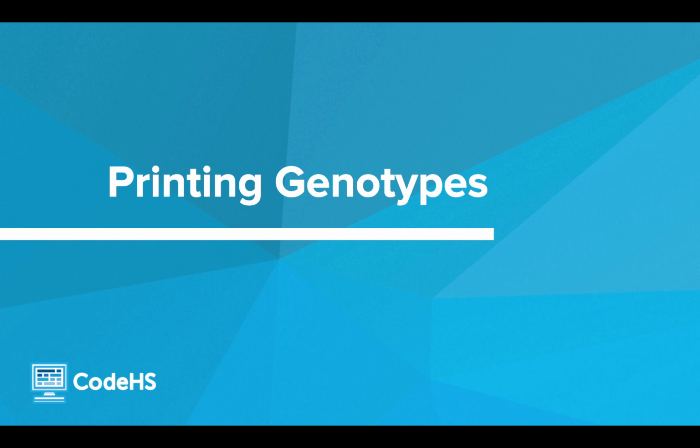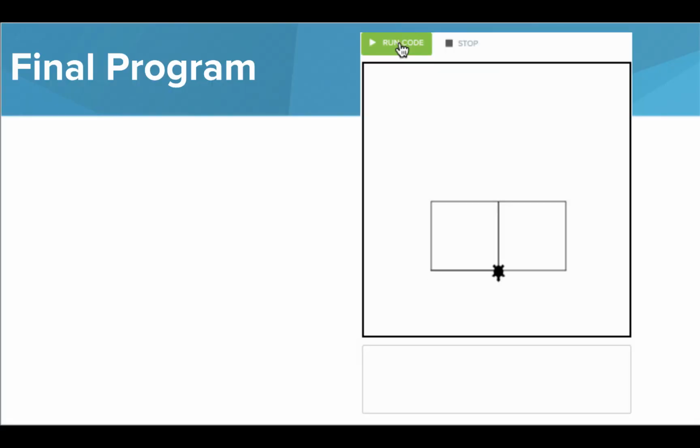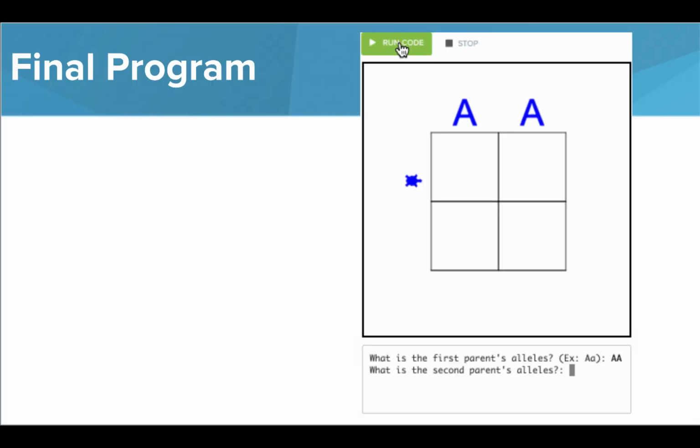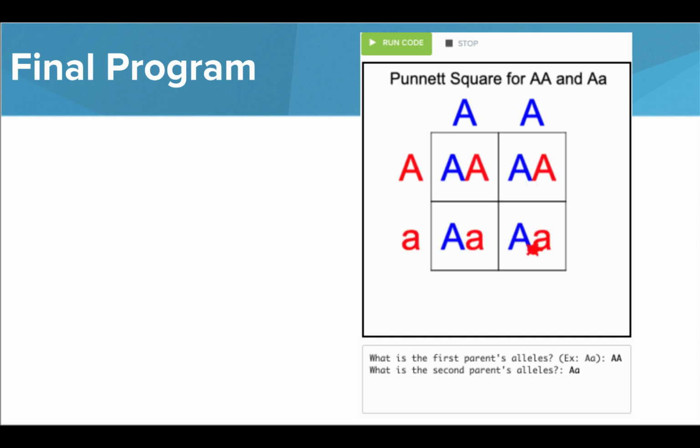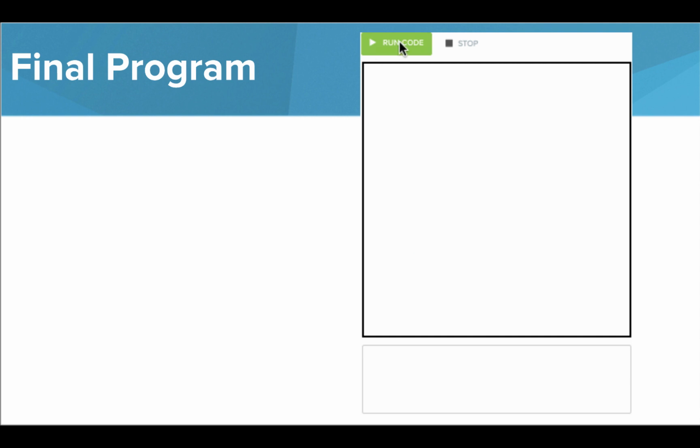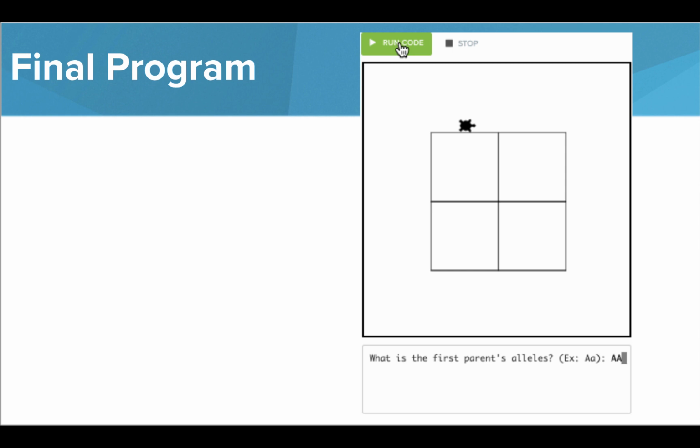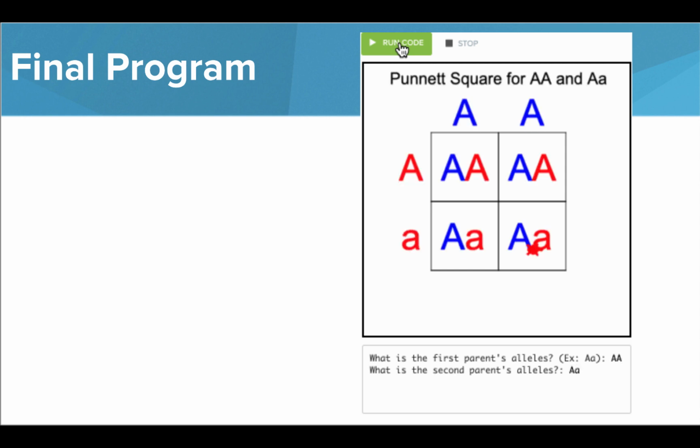Hi, we've learned how to label each box of our Punnett square, so let's fill in the resulting genotypes. In our final project, we want the genotypes to be printed inside each of the 4 center boxes by printing the allele value on top with the allele value on the left. We're going to need to learn a few more things before being able to complete this task, so let's jump